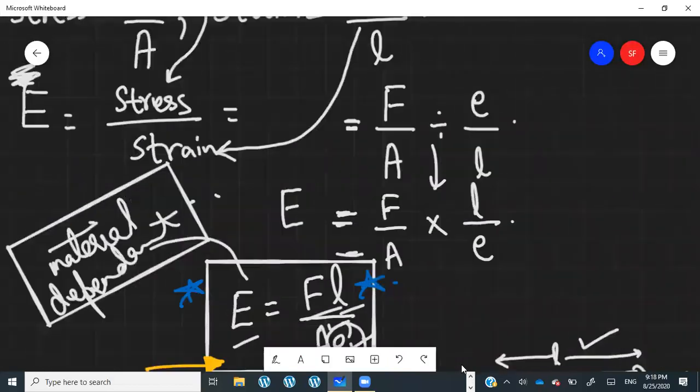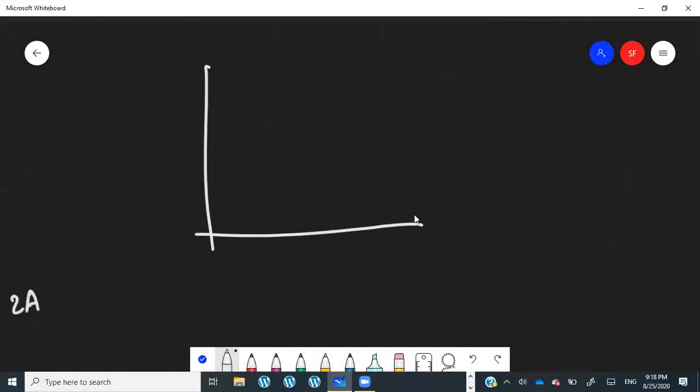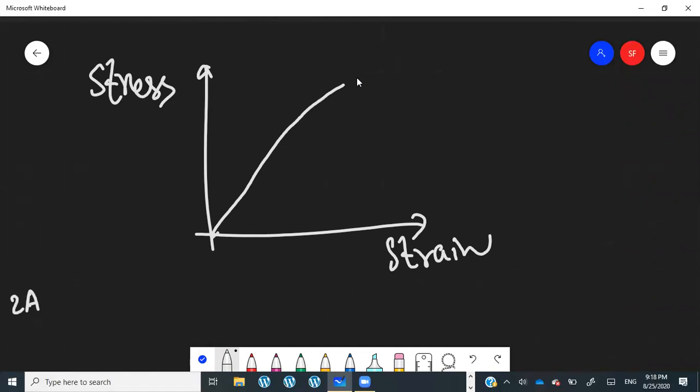So this was about the Young's modulus. Now coming to the graph of stress against strain. This is the last graph of this chapter, and we are done with this chapter. Okay. Then we're done with the class? No, we still have a lot of time. After we're done with this, then can you compensate for the class?